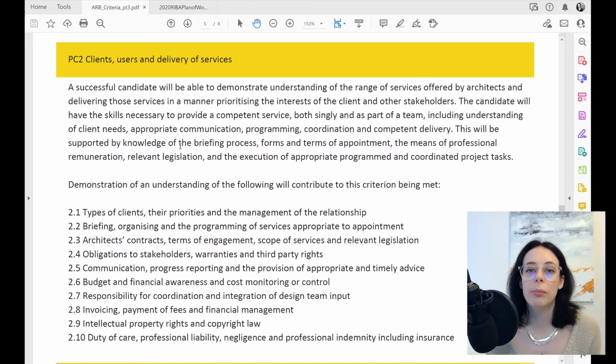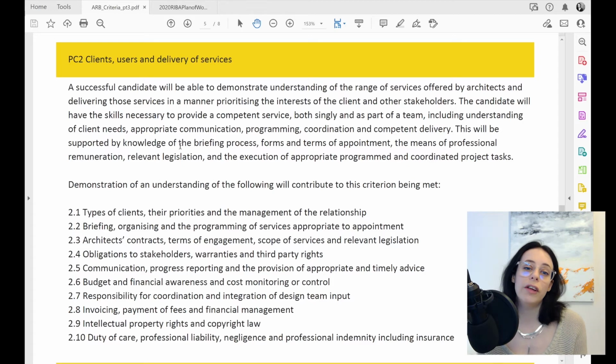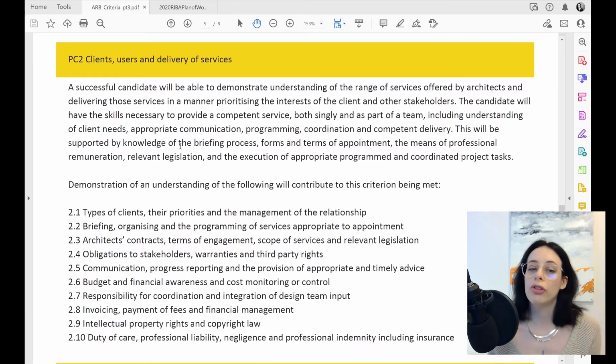Okay, so then below that we can see the 10 sub-points. And let's again just pull out some that start to maybe bring up things that you might not have looked at before. So 2.3 is the architect's contracts, terms of engagement, scope of services, and relevant legislation. That's something that, unless you're party to that at your office, you might not have seen a lot of. In your Masters, you should have touched on it. But what contracts architects use,